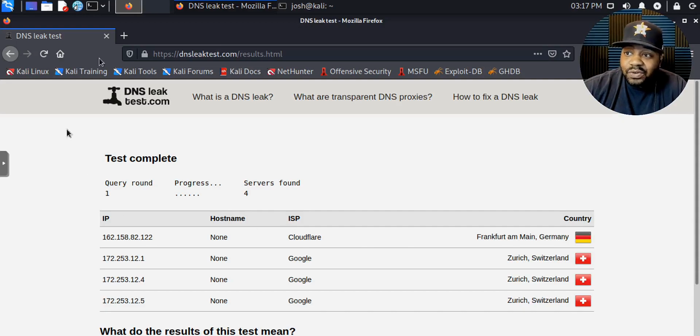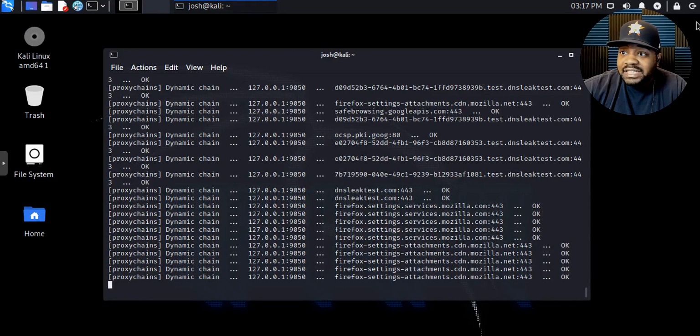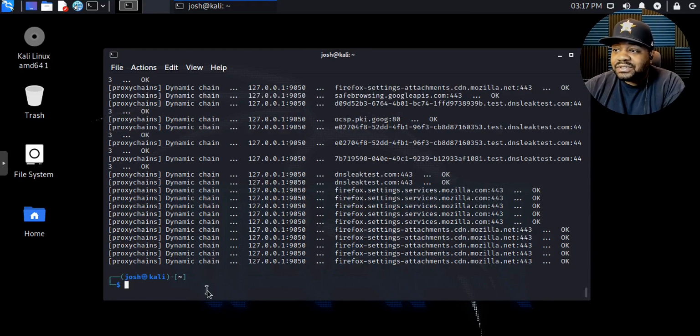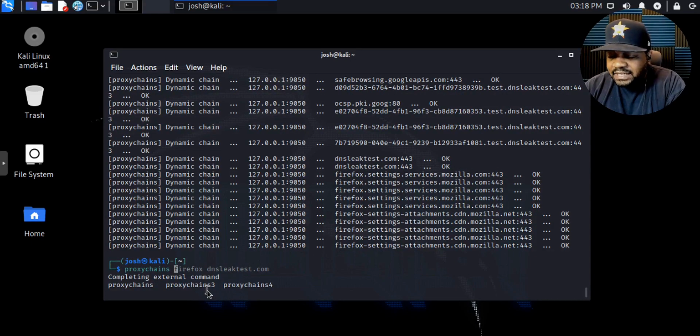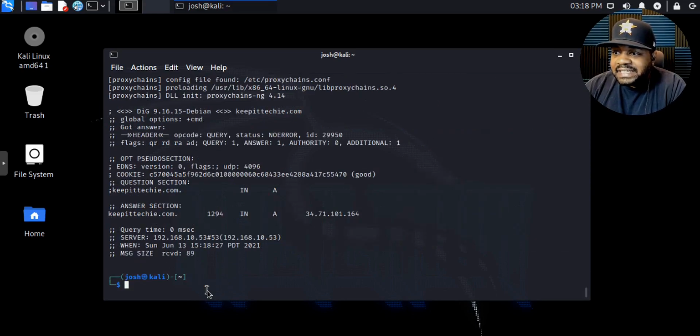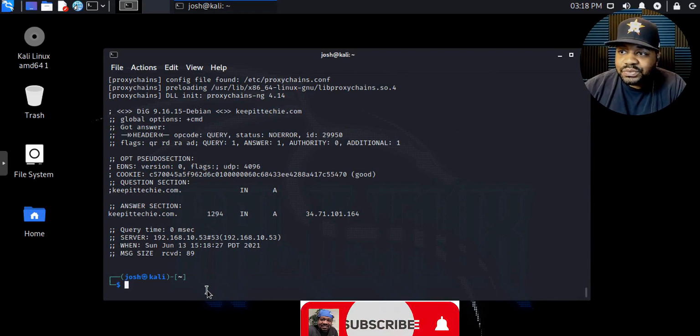Now you can actually run proxy chains using other applications. So I'm waiting for that to close out. Yeah, that closed out. But let's say you want to use the dig command, or you want to dig for an IP address using the domain name. Well, you can run that through proxy chains as well. So if we type proxychains, and then dig, this is a DNS tool that allows you to dig for the IP address for a domain name. I'm going to run it against KeepItTechie.com